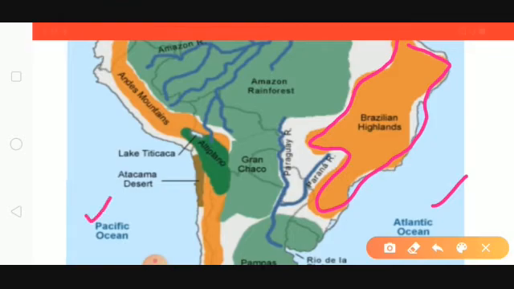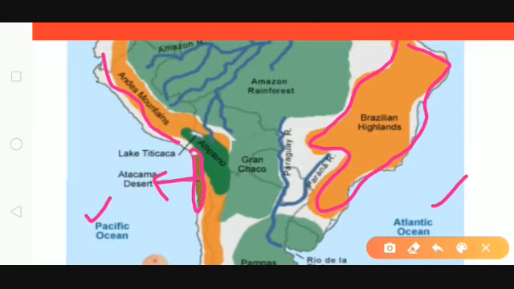Now on this side, the coastal area after the Andes Mountain, I told you to leave some space. Where white color is given, you can see that you don't draw the Andes Mountain. Leave some space, it is the coastal area. In this coastal area you can see the Atacama Desert. Mark the Atacama Desert there, put a line and arrow and then write Atacama Desert.